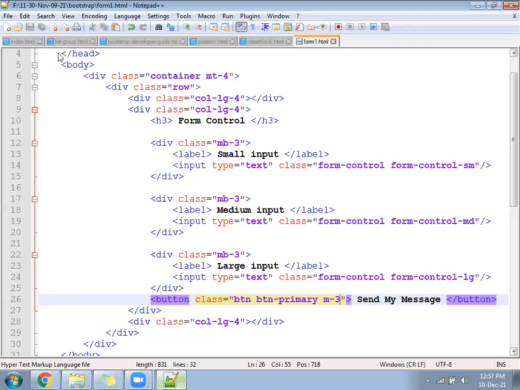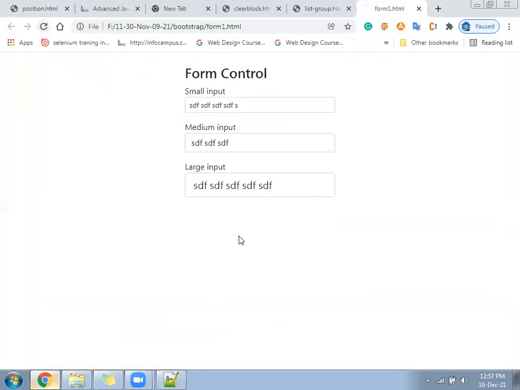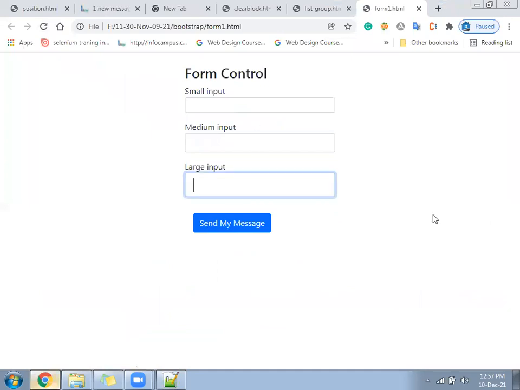Hope you got a button. Blue color, send my message. See how clean the text box is coming. Clean.